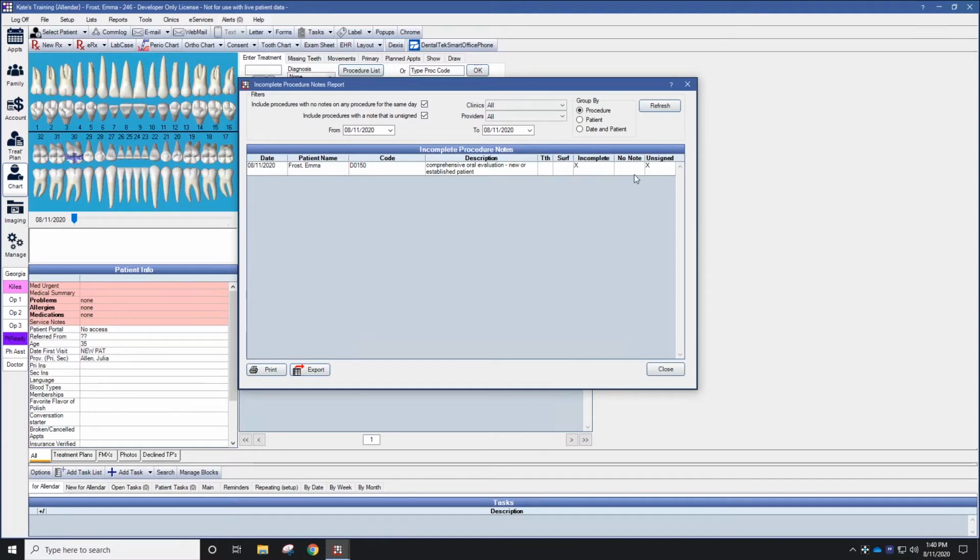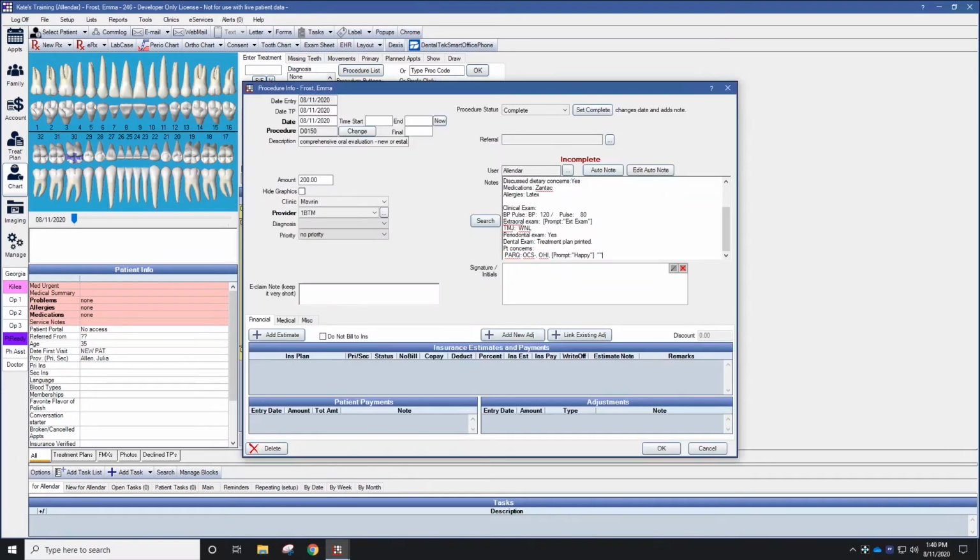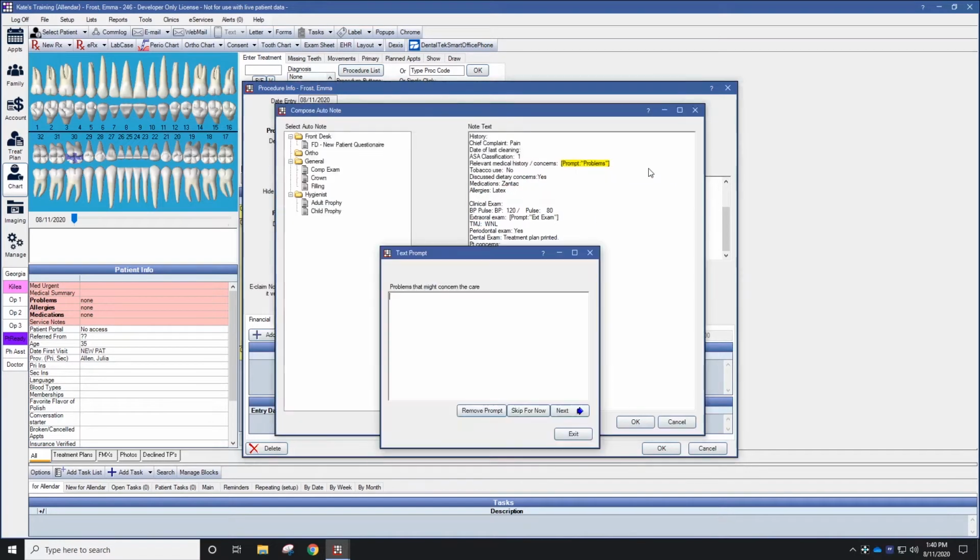There is a field for no note if you have some patients who don't have a note on any procedure that day, and if the note is unsigned. If you're in a separate patient and just trying to get back to your patients quickly to finish the notes for that day, a simple right click and See Chart will take you straight to that patient's chart for you to double click and open up the procedures, edit your auto notes if needed,